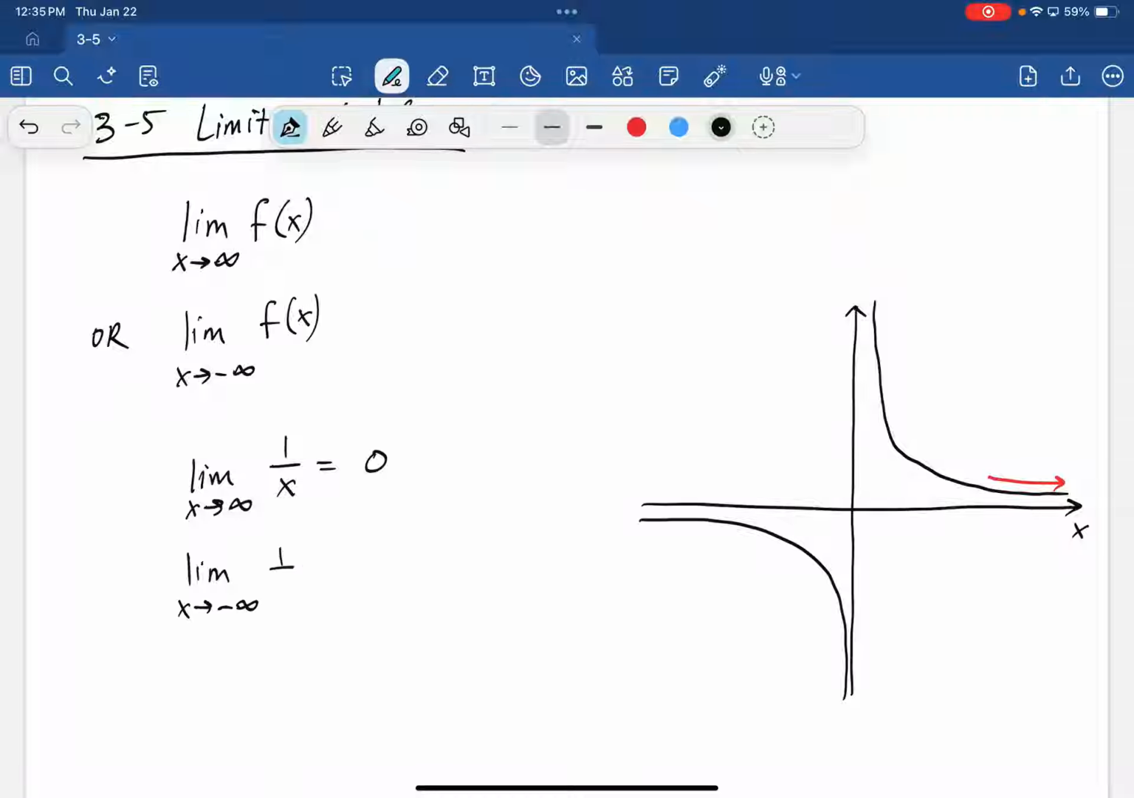And that's because the numerator and the denominator increase at different rates. Questions about that? I think you guys learned this in Algebra 2, right? So